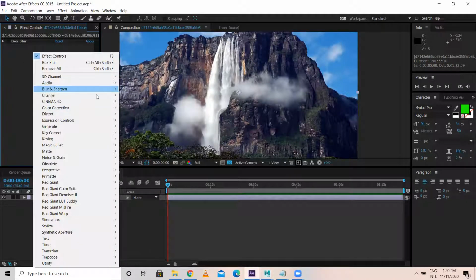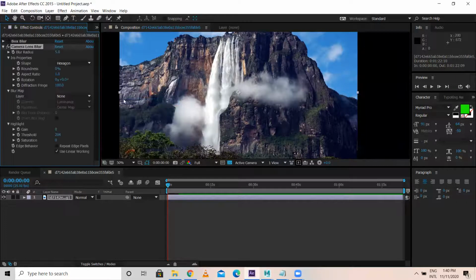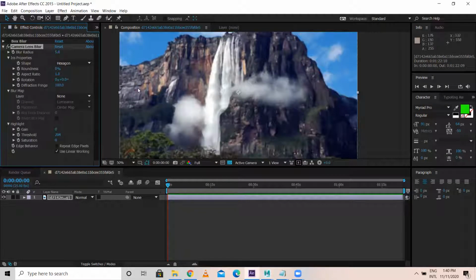Then I'll take camera lens blur. Camera lens blur is one of the popular blurs. Normally while shooting itself, this kind of blur we can achieve. For example, even in RSTP we have Canon 5D camera, and I think we have 7D also, and there is one camcorder for recording.